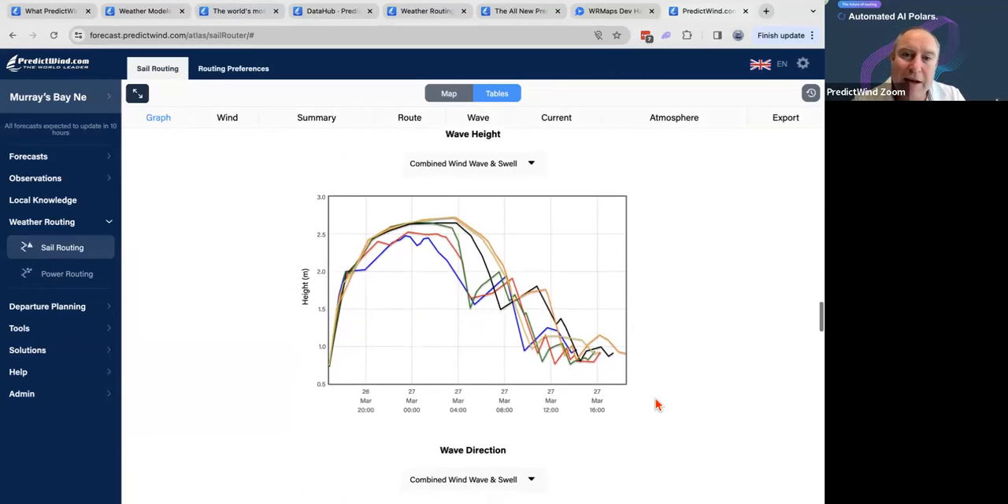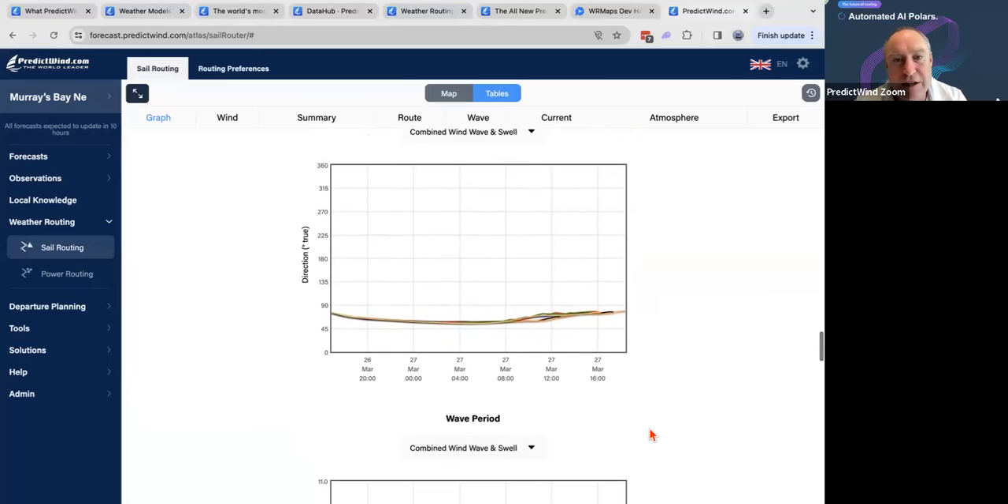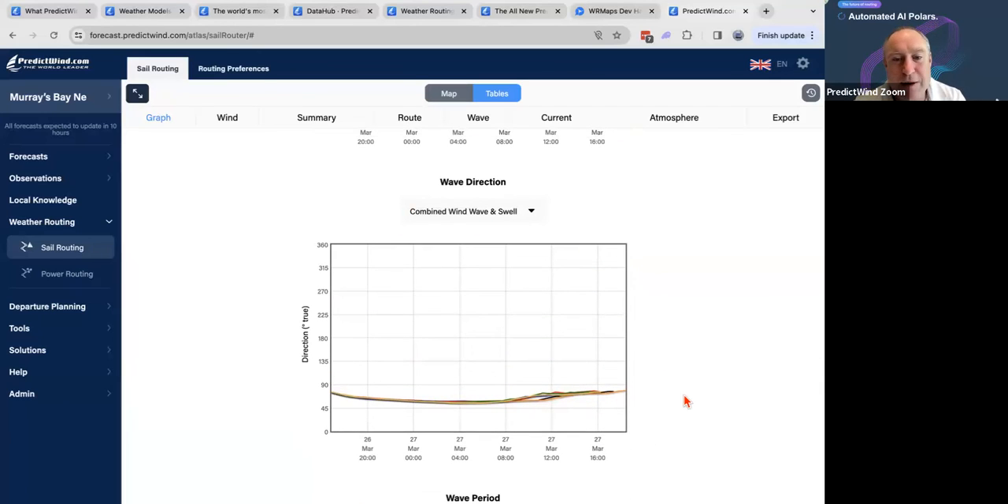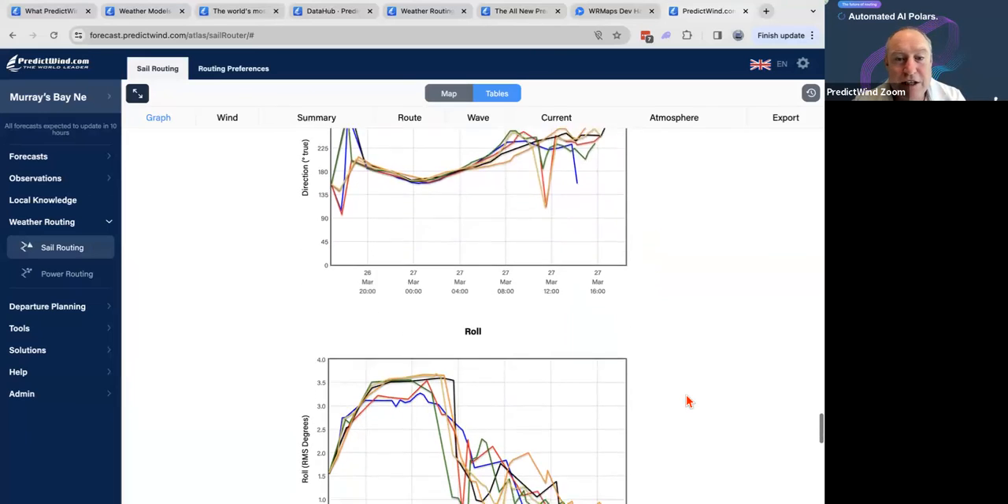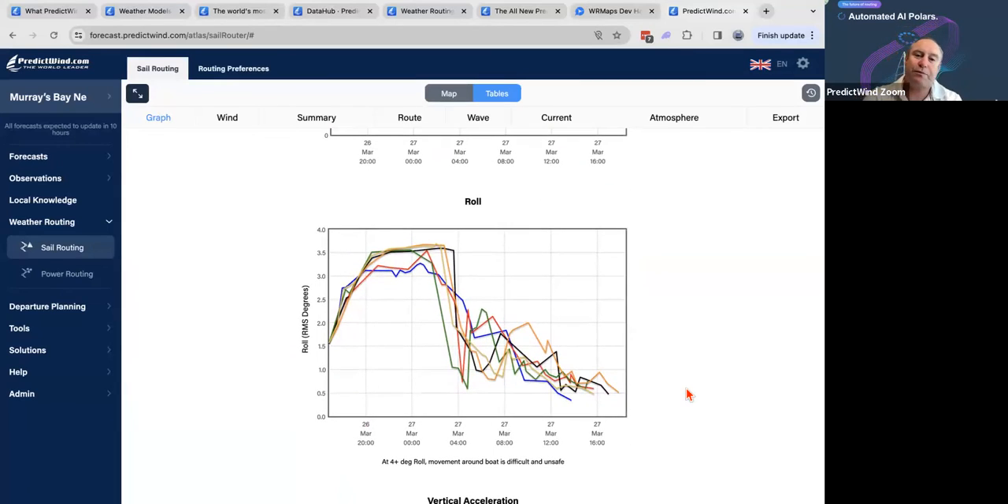Temperature, pressure. So here's where we start to get into our wave stuff. There's our combined wind wave and swell, wave direction, but this is combined wind wave and swell, right? So let's come down here: current speed, current direction, and then here's our roll. So this is our roll in RMS. This is from our wave modeling. And you'll see we get reasonably rough here. We sort of say anything above 4 starts to get pretty nasty. But this up here in this 3.5 could be a bit uncomfortable. So we might just want to consider,